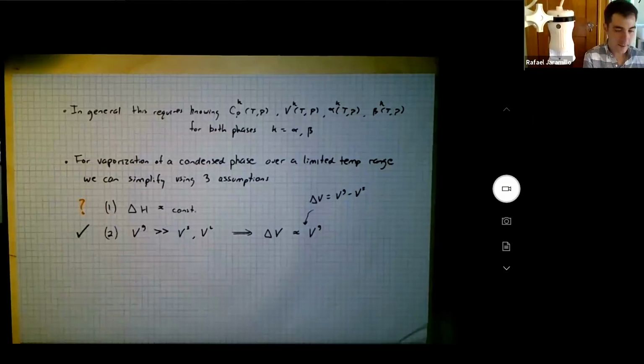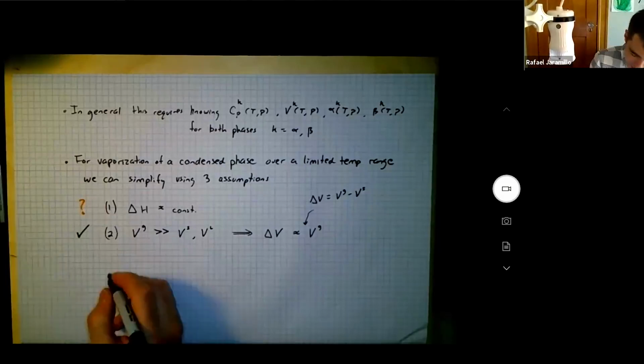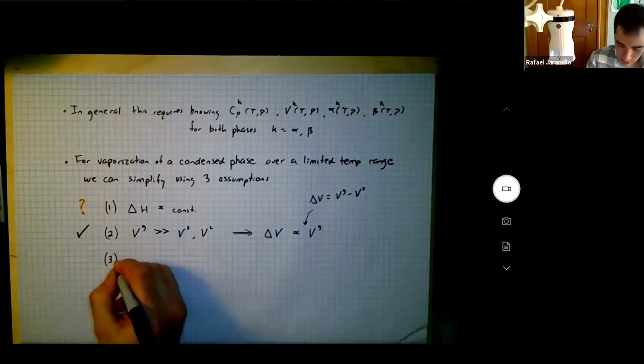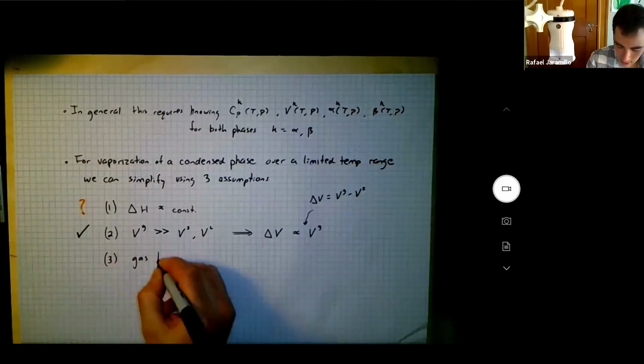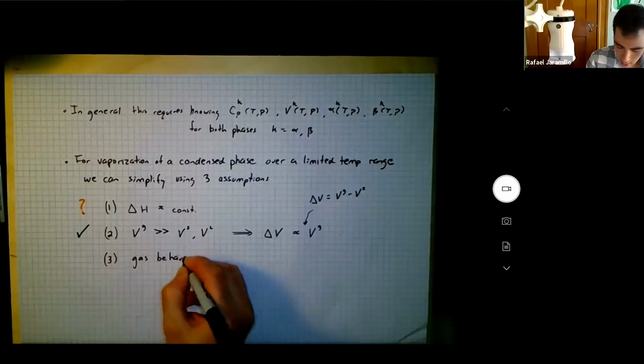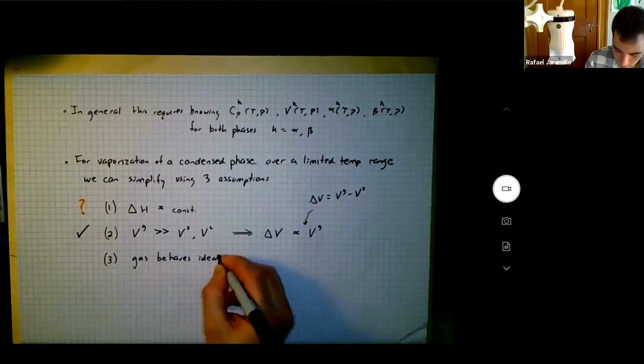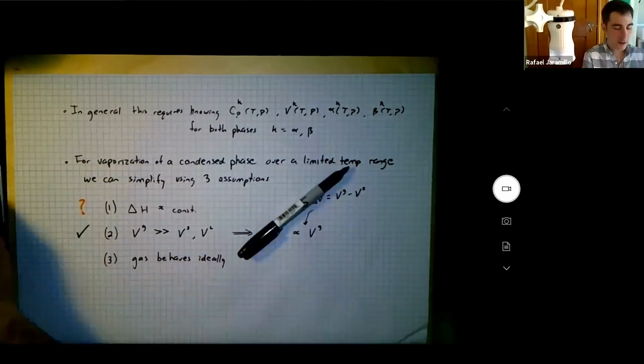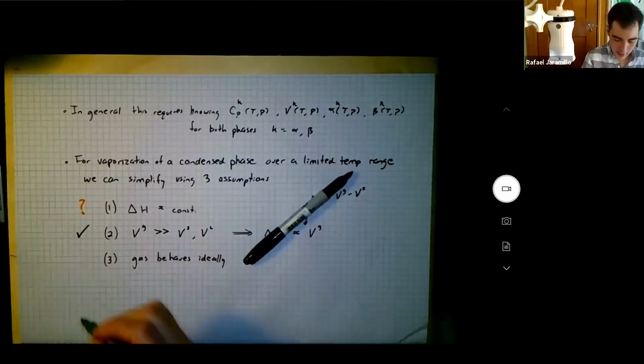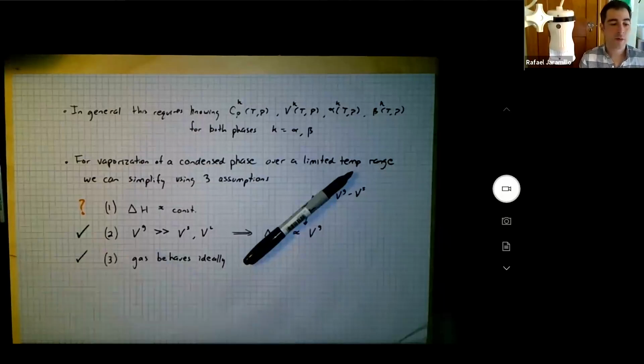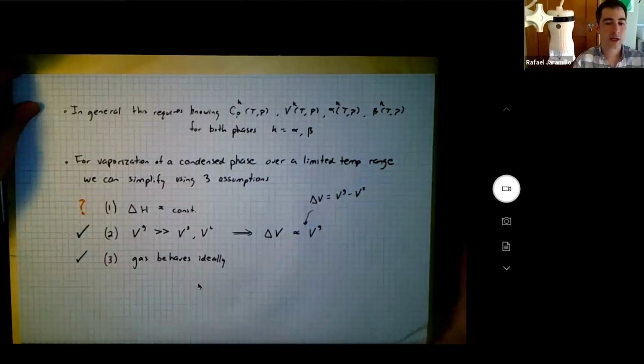It's okay, it's not bad. And here's the third approximation, that the gas behaves ideally. So we can use the ideal gas equation of state. And unless you're at high pressures, that's also a pretty good approximation. So what we're going to see next is how these 3 approximations